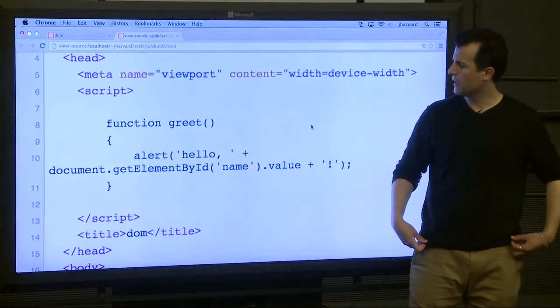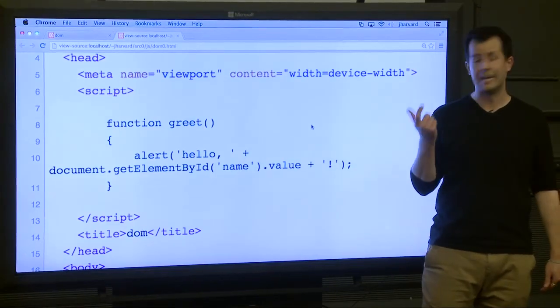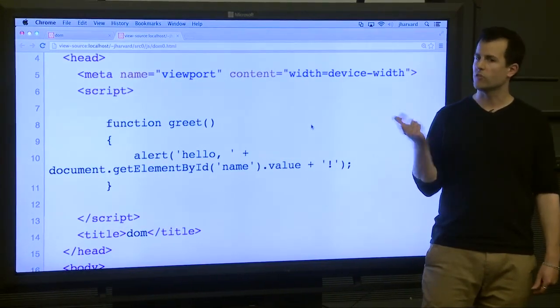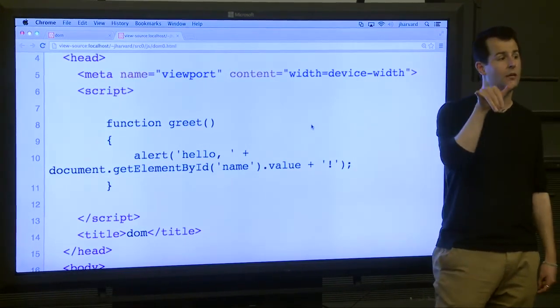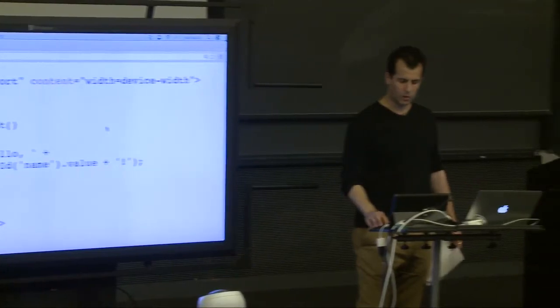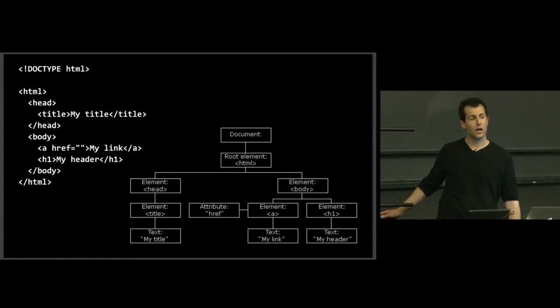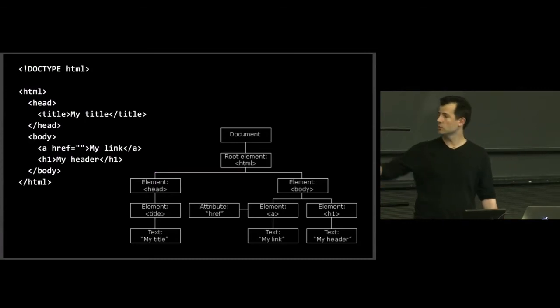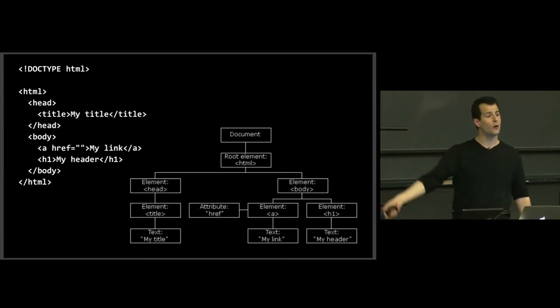Now, document.getElementById of name. Now, I had no idea until a second ago that function existed, but it seems that a function called getElementById exists. It's associated with some kind of global variable called document. So more properly, it's a method inside of an object called document. What is that object called document? Well, if we go back to the screen from earlier, recall the document node. If you've programmed JavaScript already and you ever use document.something, you've essentially been talking to that guy who has some special functionality built in. And clearly he's important because he can see the entirety of the tree from his vantage point. So if we now go back to my own code,